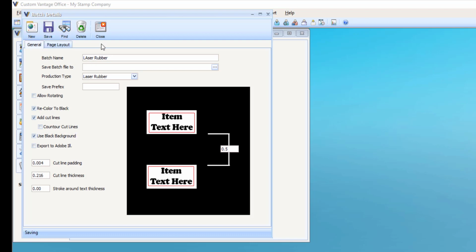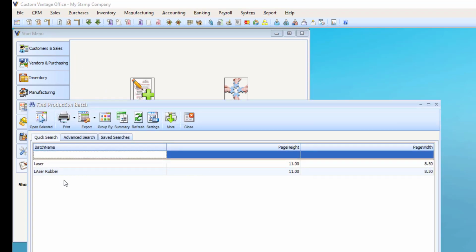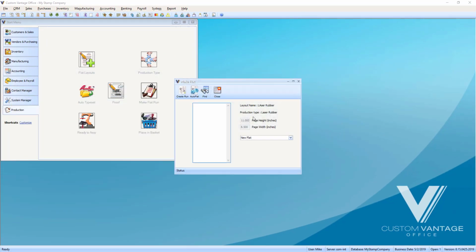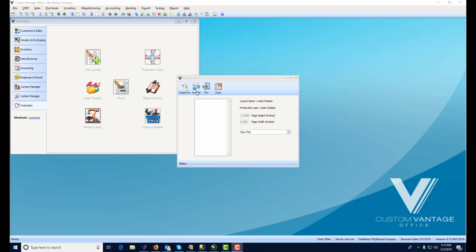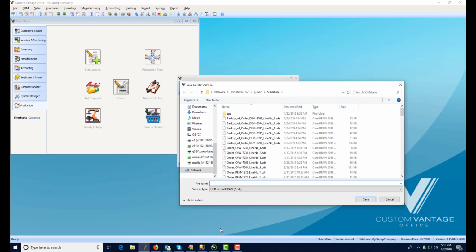Once I'm happy, I would save this. Now when I'm going to make my flat, I can choose which flat I'm going to create. I can now scan barcodes again, or instead, you can simply click the auto flat button. And when we do that, it automatically finds all of the items that are in that approved mode and voila, creates for you the flat with all of the stamps on it. So 15 items in 2 seconds, and it'll allow me to save that as today